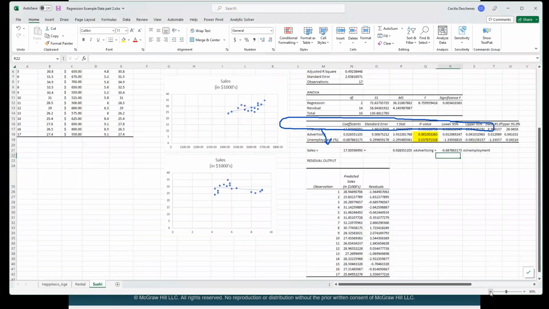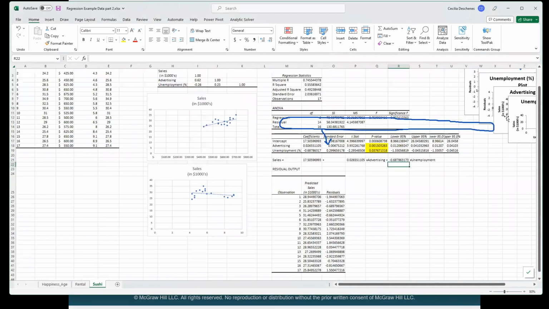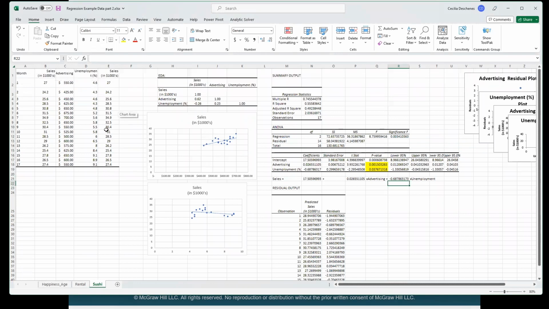let me just make this smaller, right? That's an easier way to do this. Oh, yeah, okay, that just messed that up. All right, so it's going to look at the advertising and the unemployment numbers. So the first one will be, it'll put 550 in for the advertising and multiply that by this coefficient. And it will add to that negative 0.68 times the unemployment rate at this record. And it's going to then add the y-intercept,